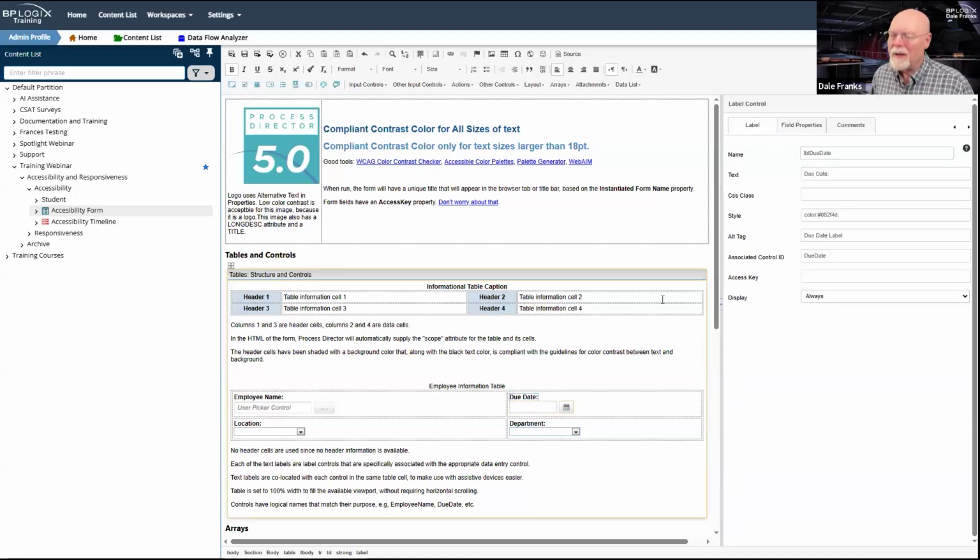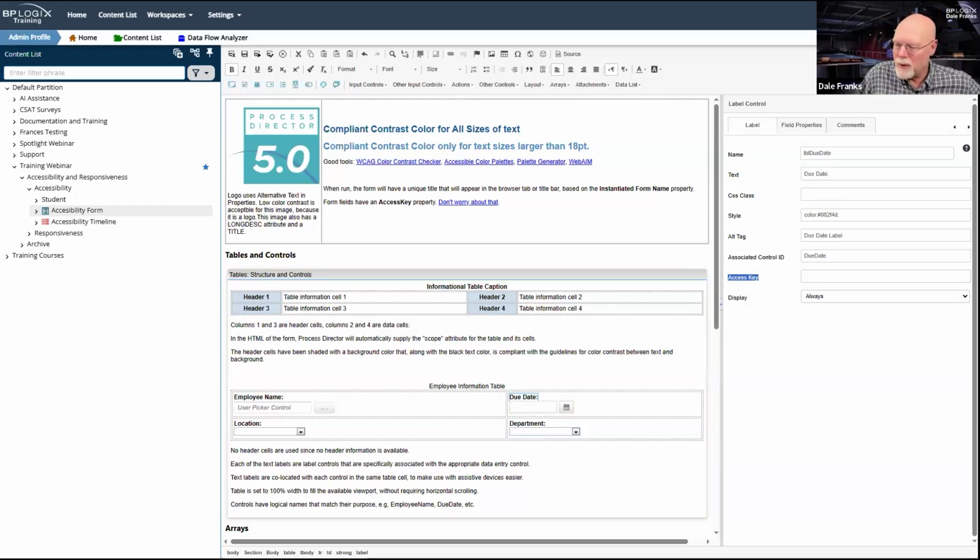Date picker does have it. Oh, the label has it. This property right here, access key. Technically, what it is supposed to do is give you a key or key combination that will automatically move to and give focus to this control.